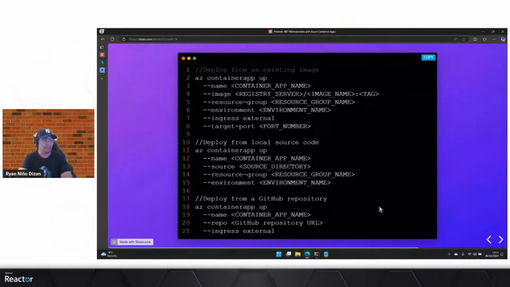then define the resource group and your source directory on your local machine. And lastly, you can also work with a GitHub repository. You just need to give the GitHub repository URL here, and it will do the magic for you. It will deploy,